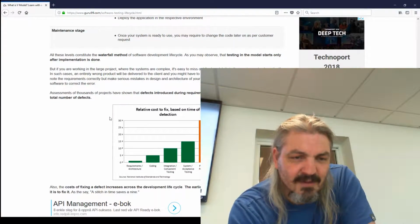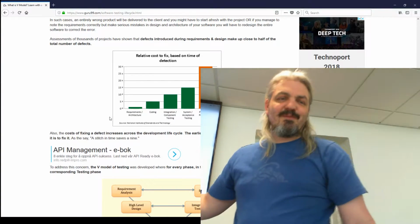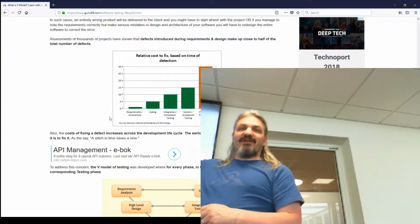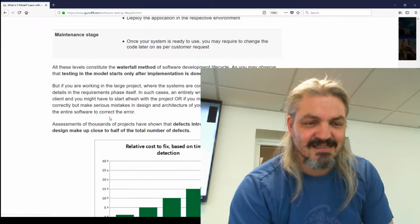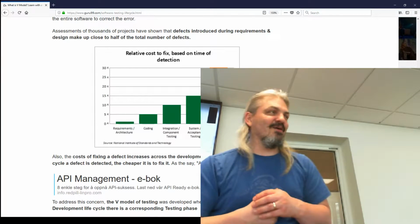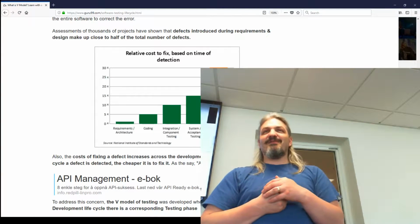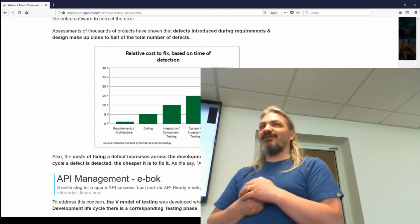And in here, as it says, the relative cost to fix a bug, having detected that a bug exists. If you find it during the requirements phase, you just change the requirements. But once you've released it,